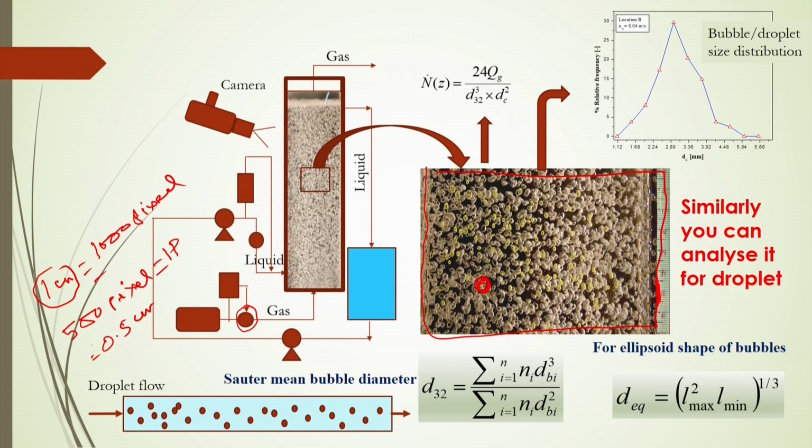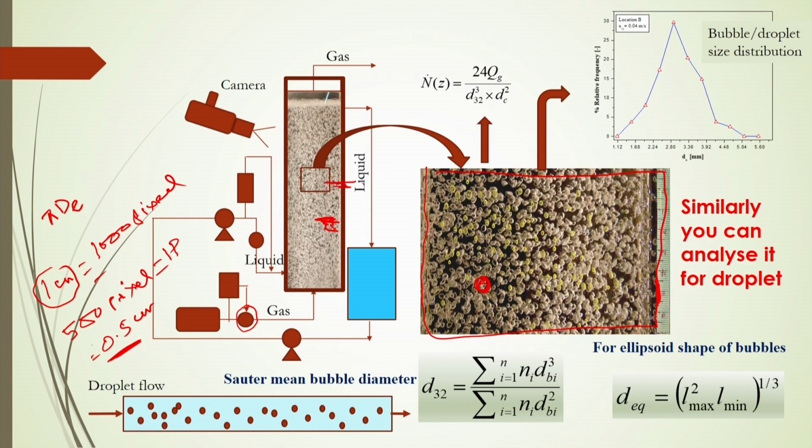In this case you have to equalize the equivalent volume of the bubbles. If we are considering the perimeter of that bubble, then consider a bubble whose volume is the same as this bubble. What will be the perimeter of that equivalent bubble? For the calculation of that perimeter, it will be pi dE, where dE is the equivalent diameter of the bubble.